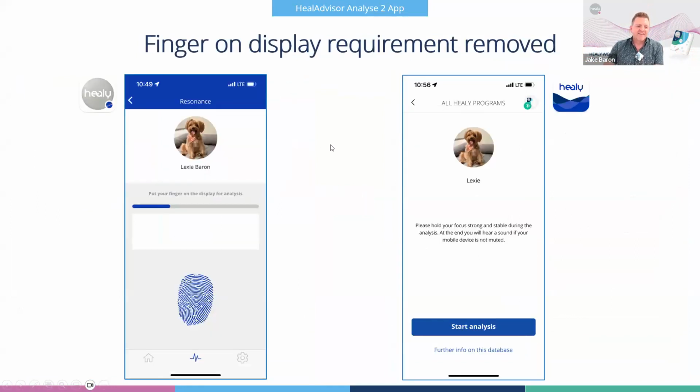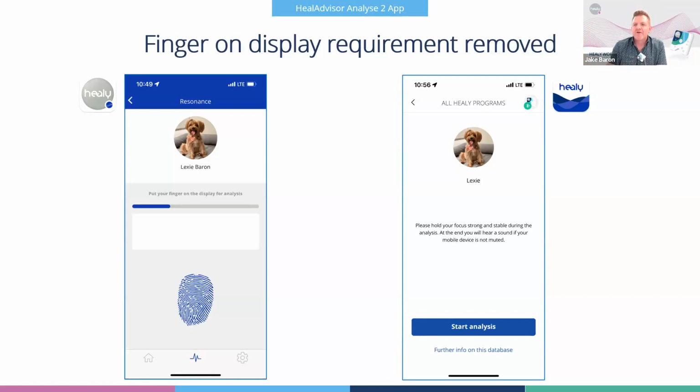And this one, here, Ken, how many times on one of our tech calls have we had, not as much recently, but in general, in the history of Healy, the question, what is Healy doing with my fingerprint? Or why does Healy need my fingerprint? We were never collecting fingerprint data or anything like that. It was just to hold your focus, your intention on the analysis that's being run right there. So you're not just running this in the middle of traffic and rush hour or whatever. Well, you shouldn't be doing this while you're driving anyway. I shouldn't say that, but distracted at home or whatever.